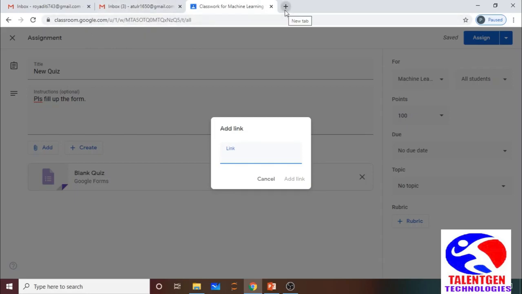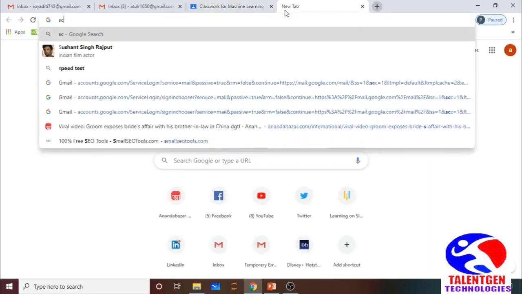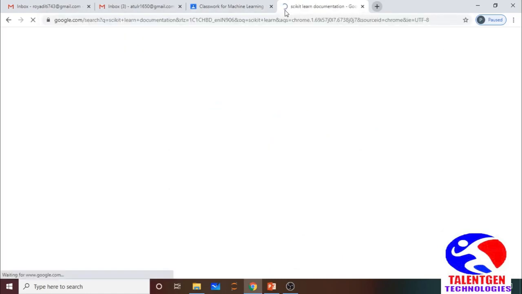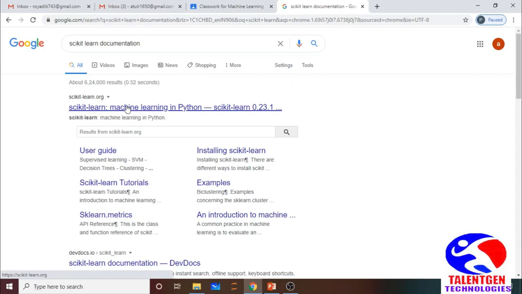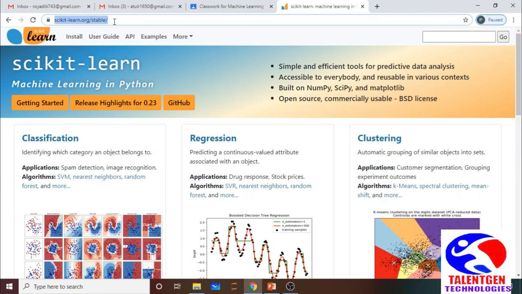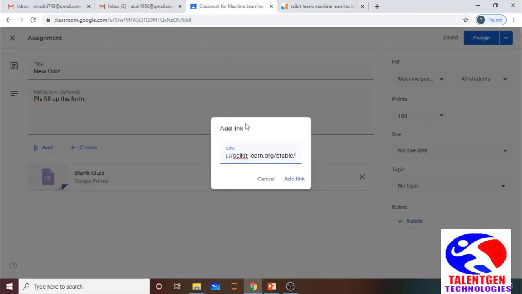Let's say you are typing scikit-learn documentation over here. Clicking on this, just copy the link and paste it over here.